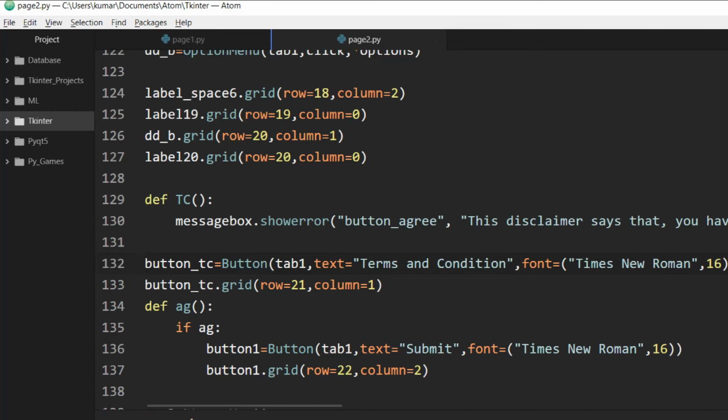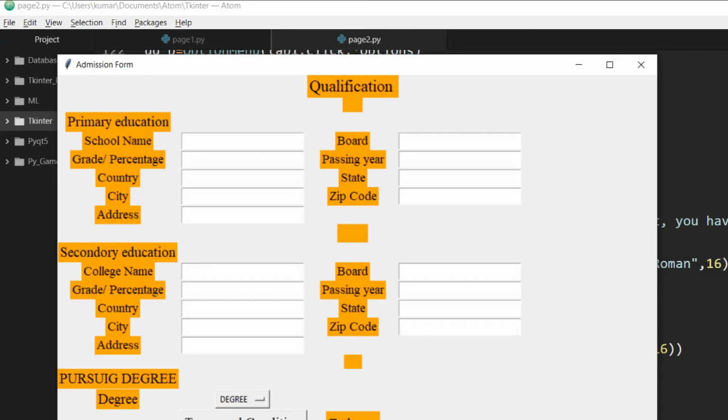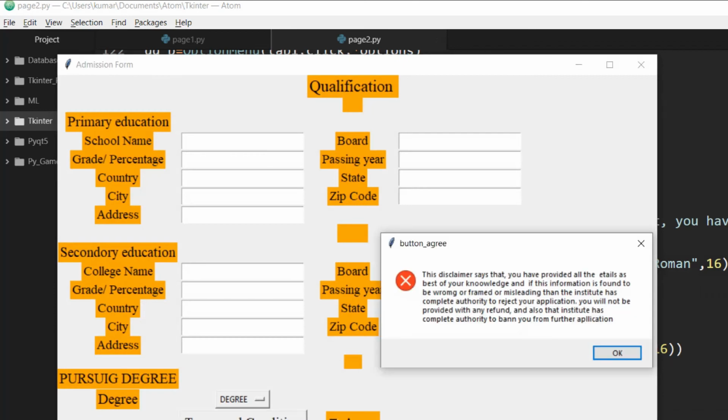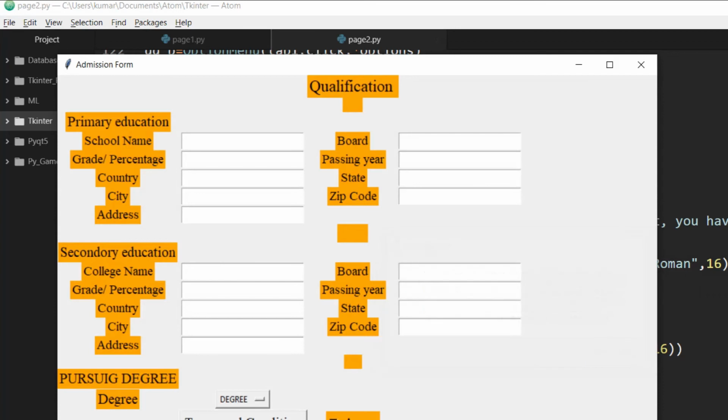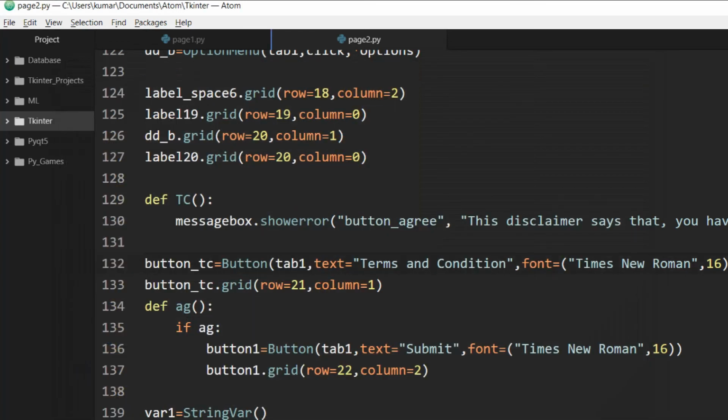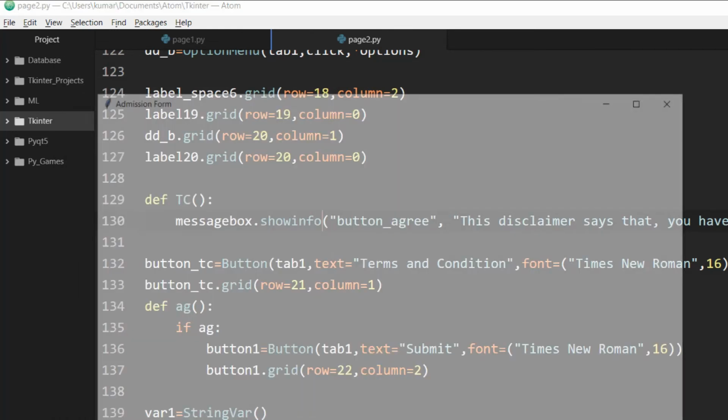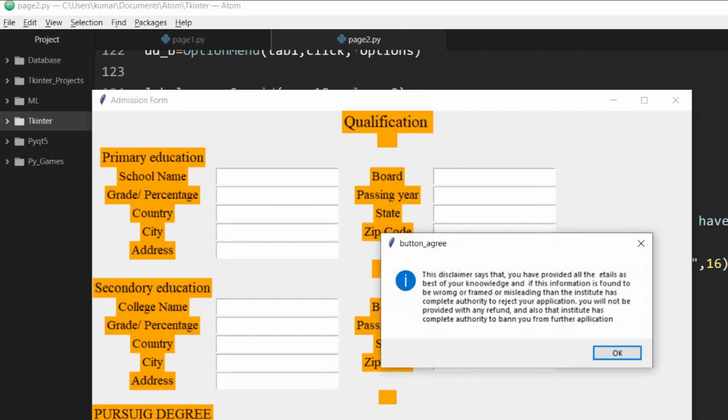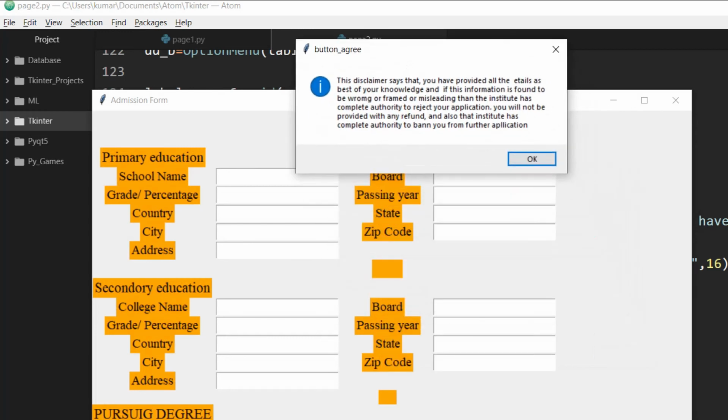I have an error. It says unknown option command. Let's see. Okay, I do get an error. The thing is, I don't want an error, I want an info pop-up box. So instead of error, we'll just write show info. So terms and condition, and we click over here, we get a disclaimer saying, this disclaimer says that you have